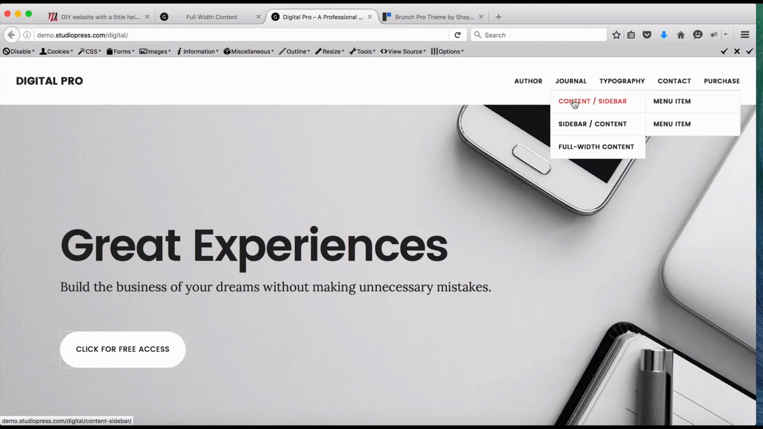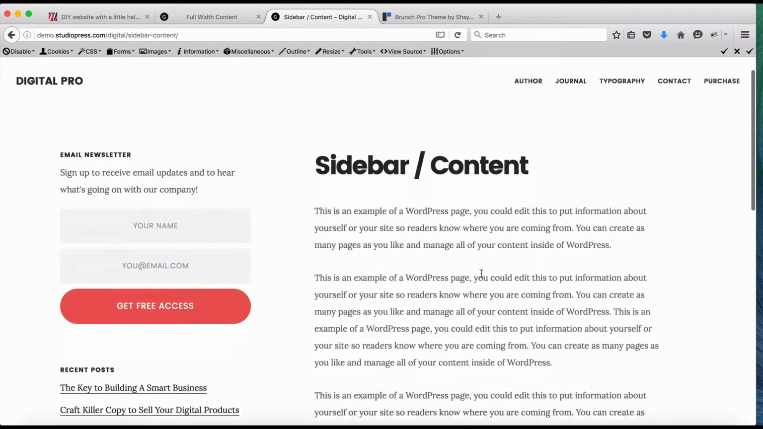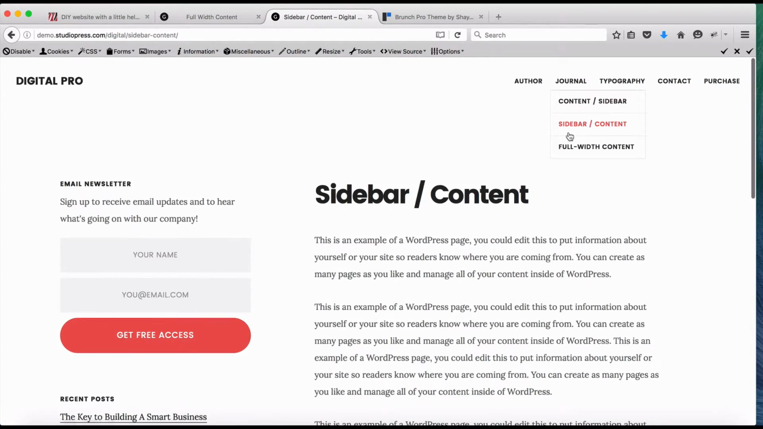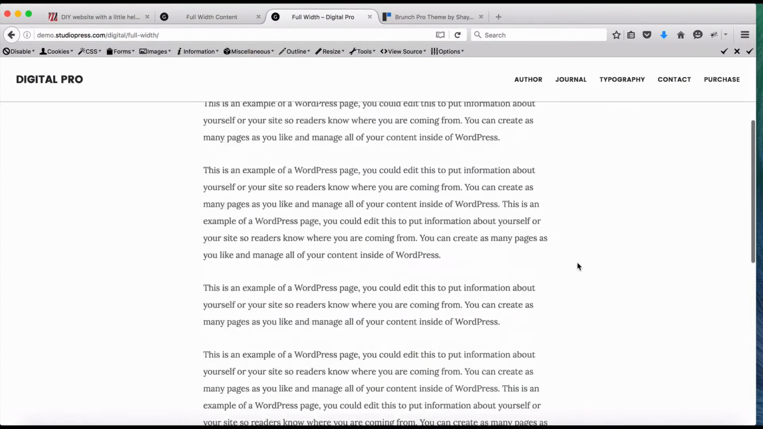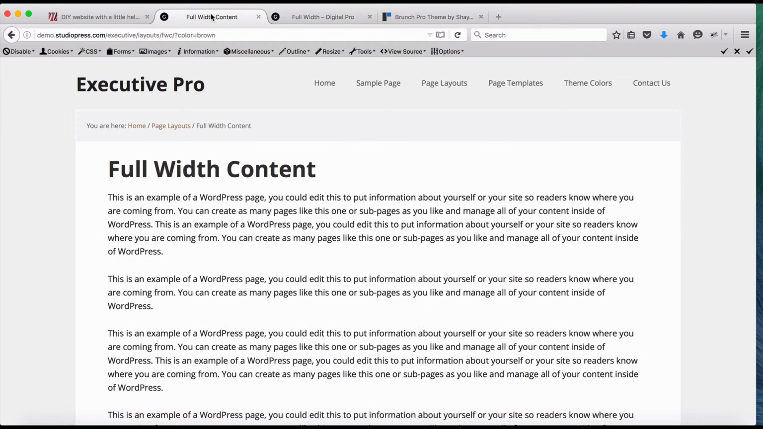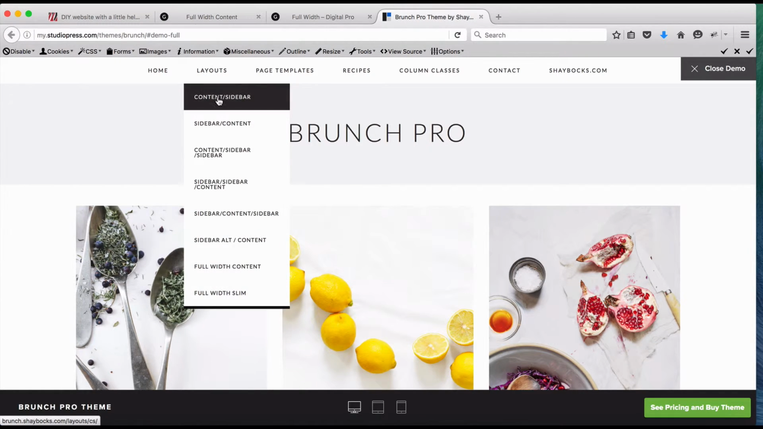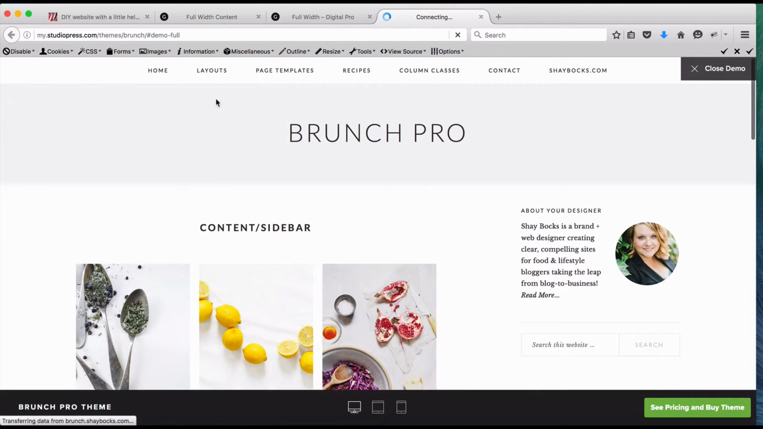There we go. So here you have content sidebar, just like on the other executive theme, sidebar content, and a full width content. So it's very similar. Full width here though has big margins in comparison to the full width here. The margins aren't quite as big on the left and right. And lastly, with Brunch Pro, you have lots of options. So you have the ones we saw before, content sidebar,